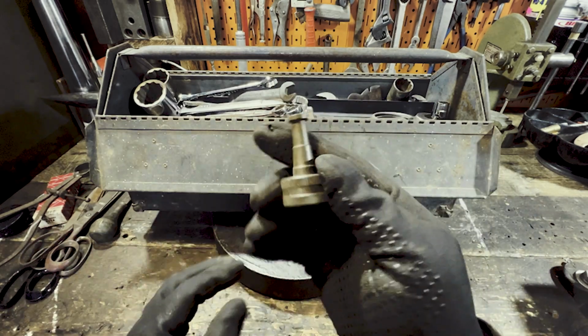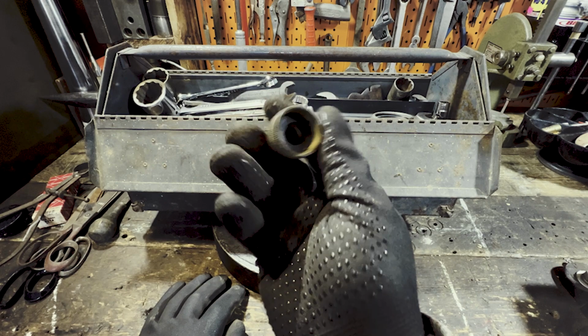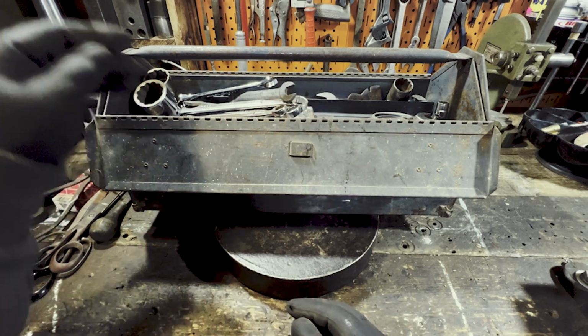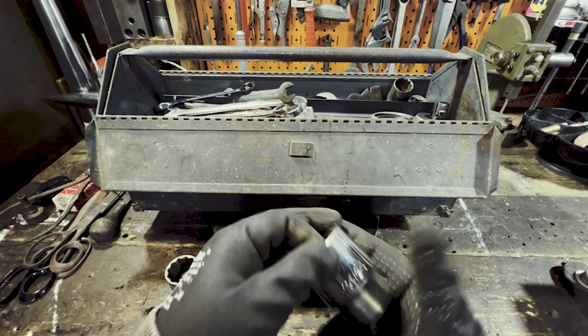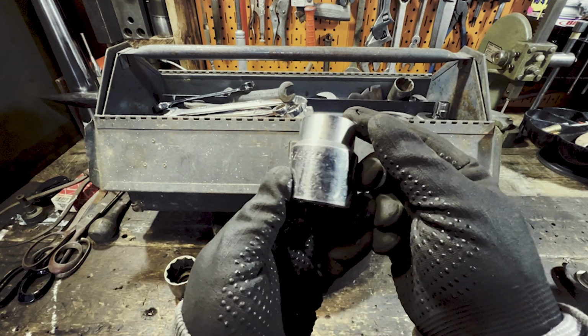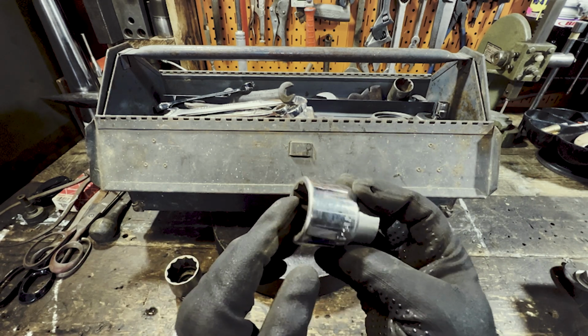A brass garden hose nozzle. It's pretty cool. I always pick up those whenever I see them. I actually use them. The hoses on our house have them. See, a 1 5/16 Mac socket. I actually have a set of Macs. I might not have one this big, so this